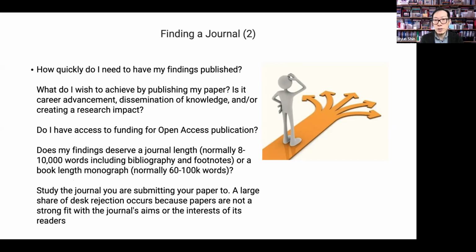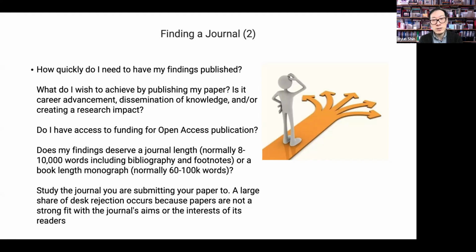As I was saying, study the author guidelines, but also more importantly, study what the journal says in terms of the scope of research they prefer to publish. Very often, and here I speak as one of the editors of the International Journal of Urban and Regional Research, a large number of desk rejects may happen because papers are submitted without really considering what the journal is focusing on. So I also had a paper desk rejected when I submitted to an international journal,